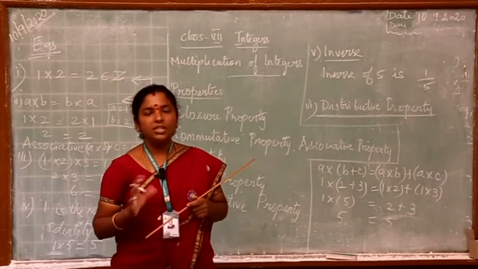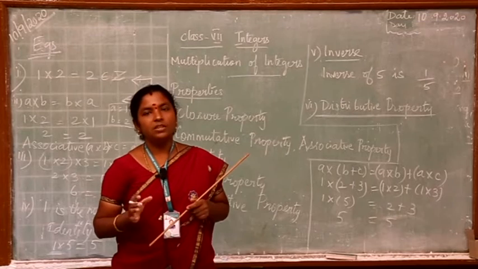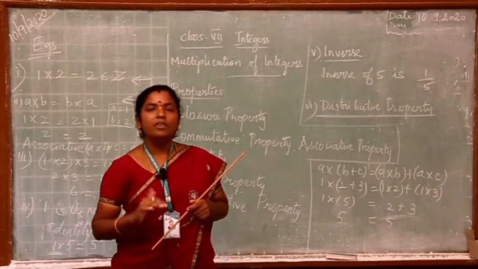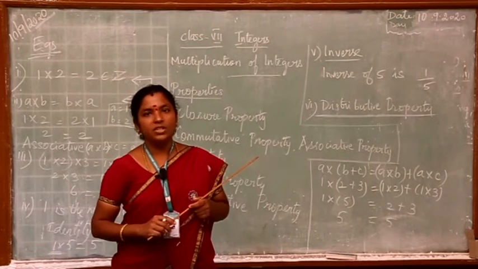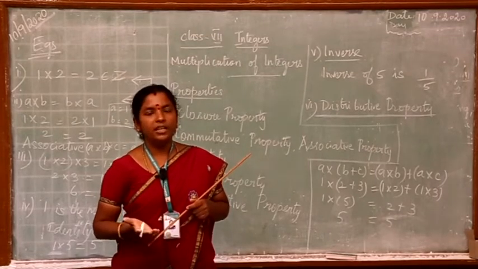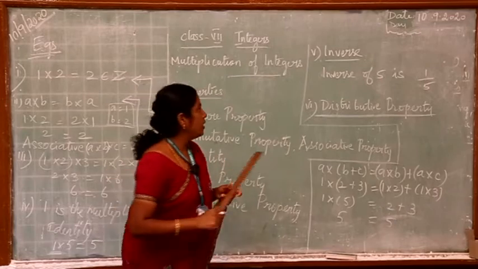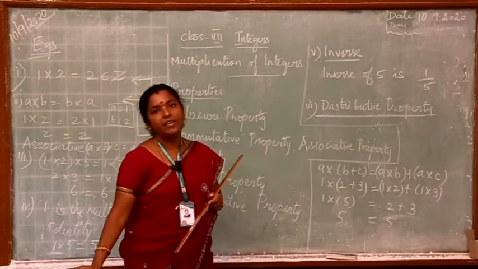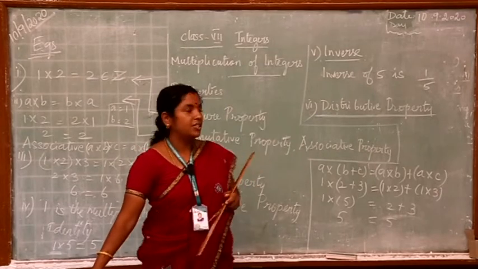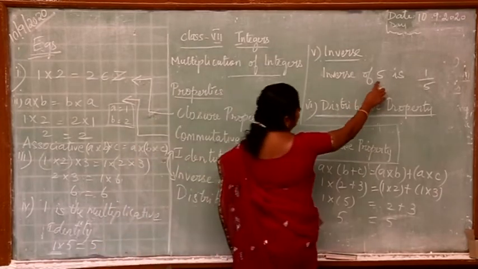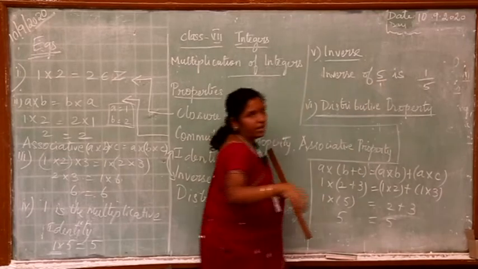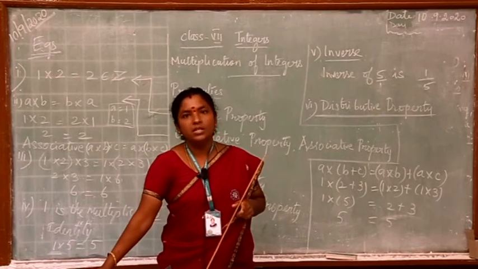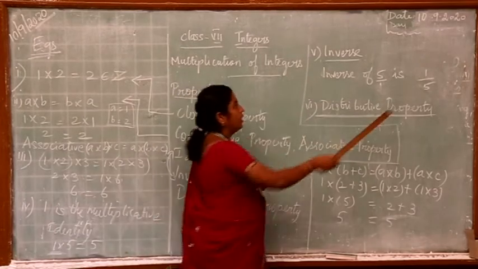Similarly, here multiplication and division have a relation: multiplication goes to the other side of the equal to and becomes division. Similarly, division goes to the other side and becomes multiplication. So, the inverse of any number we can say is 1 divided by that number, as a fraction. As you know, if you have only 5, it is implied as 5 divided by 1. Inverse means we just go for the reciprocal of it, which is 1 by 5.